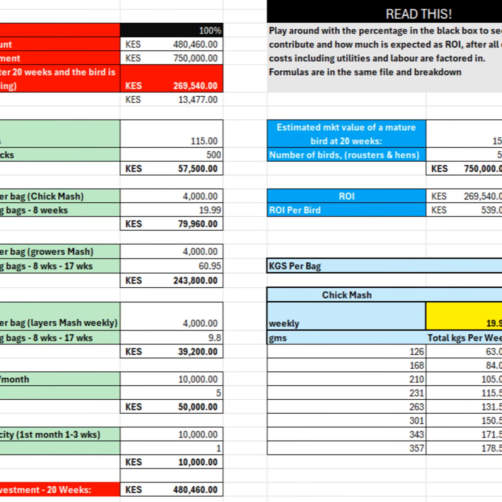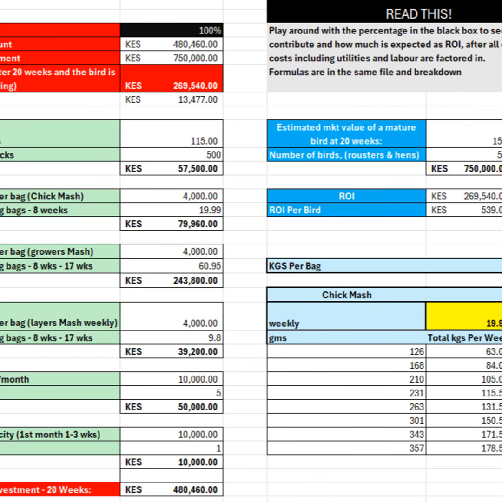So assuming I have zero mortality with my birds, my actual net return on investment is going to be 5,900 Kenya shillings. Imagine. Oh my God. After 20 weeks, this is just crazy. After 20 weeks, I have made just a bit over 5,000. So if I was to divide that by my 20 weeks, it means that every single day I was making 295 Kenya shillings.